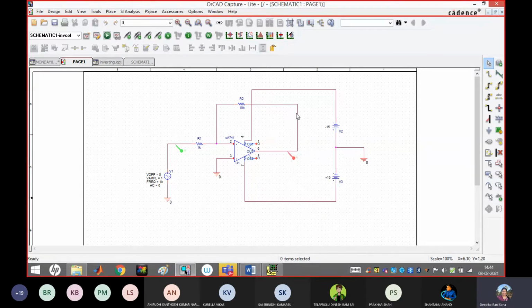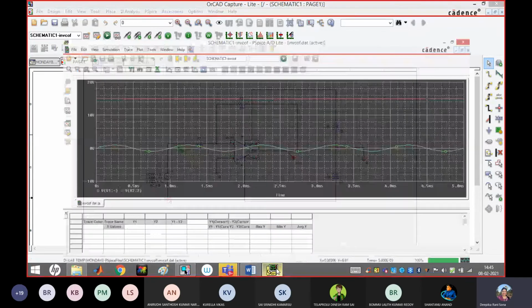And here, guys, one mistake most of the students are making: they connect node 2 to pin 4 and think the closed loop is done. No, you have to check carefully. First you have to give the power supply connection, pins 4 and 7, and only then give the feedback loop, so that you can identify where you are connecting. That's all. Now I am going to see my output.